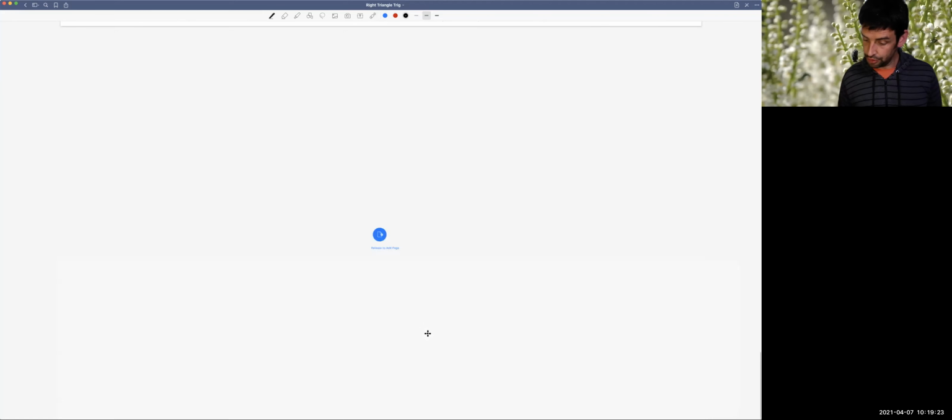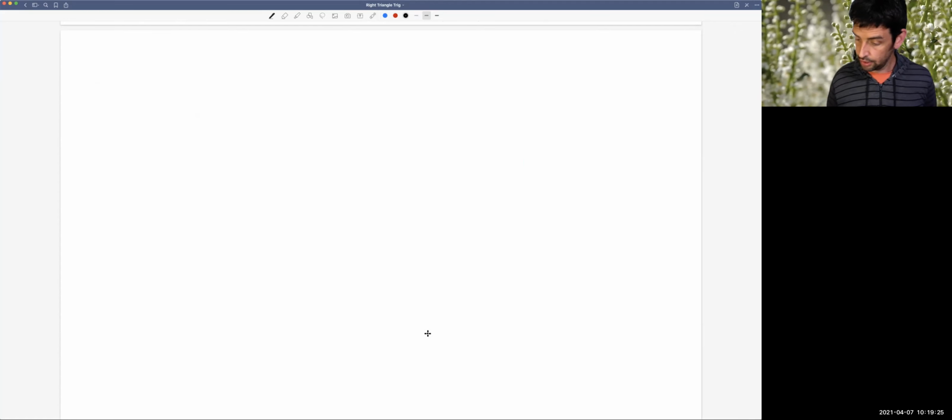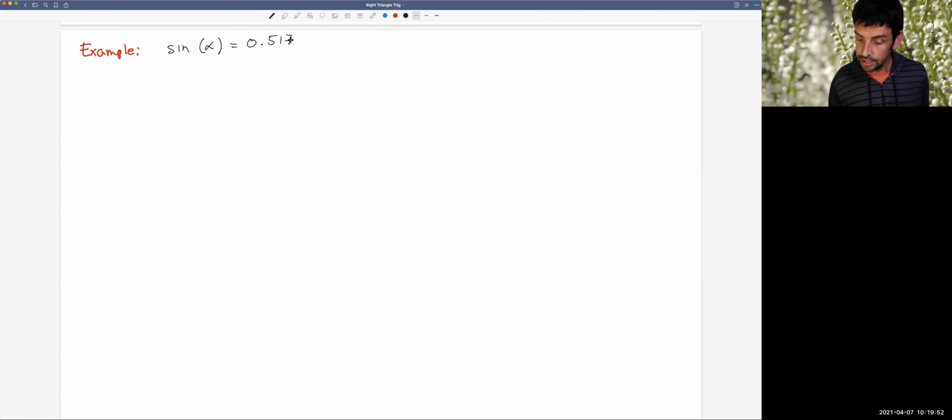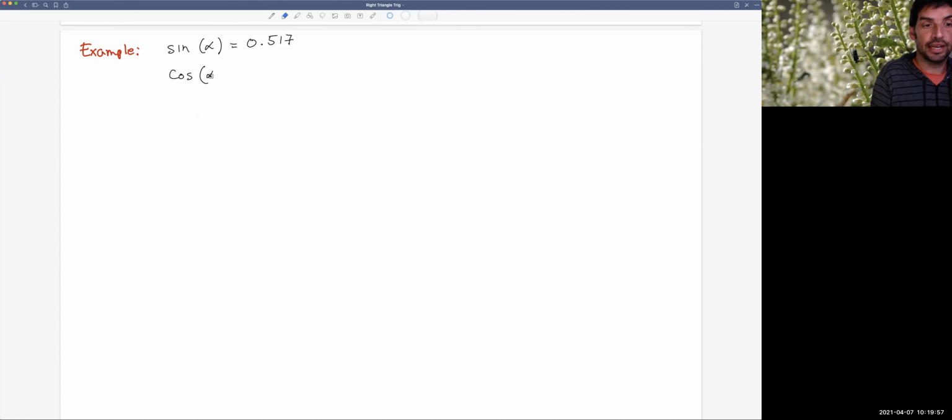All right, let's do two quick examples, maybe three quick examples of using some of these things that we've talked about today. So some easy ones first, just to be explicit about what we mean. Let's suppose I have that the sine of alpha is equal to 0.517. Then if I want to compute the cosine of pi over 2 minus alpha,